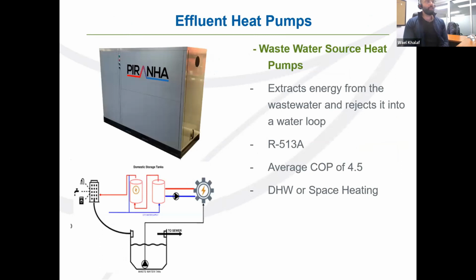Here's another interesting one that we've been getting a lot of interest and a lot of marketing for. I call it an effluent heat pump, but it's basically a heat pump that extracts energy out of wastewater and rejects it into a water loop. That water loop can be domestic hot water production. It could also be simultaneous chilled water production if I have a cooling loop somewhere that I can tie it into. This particular machine will use R513A, and very easily we can achieve a very high COP